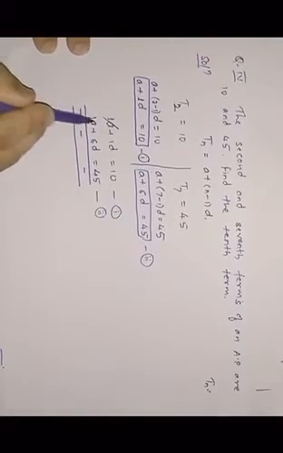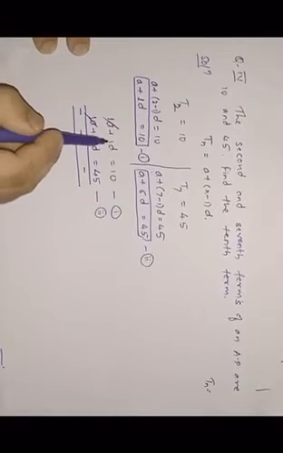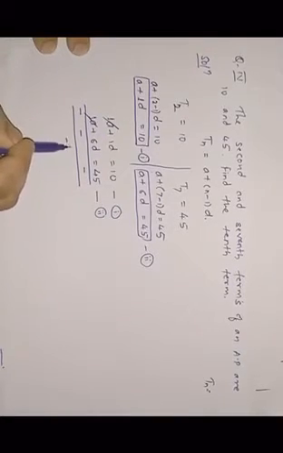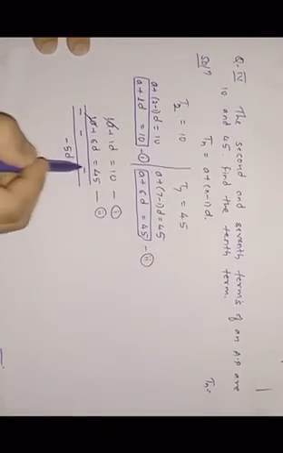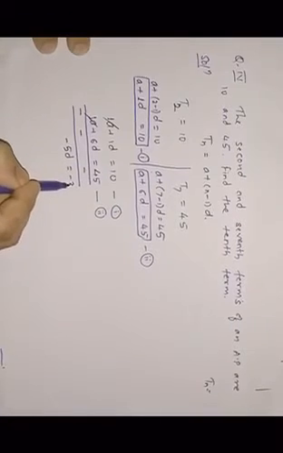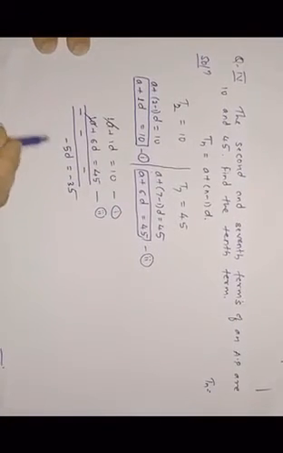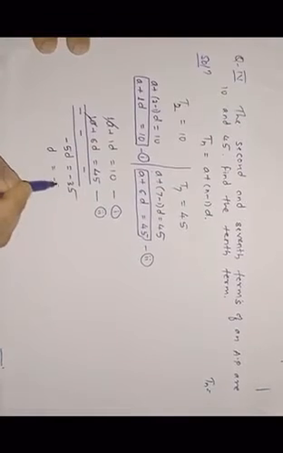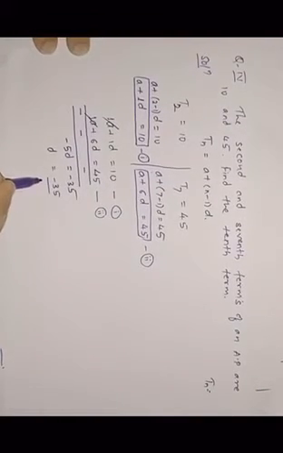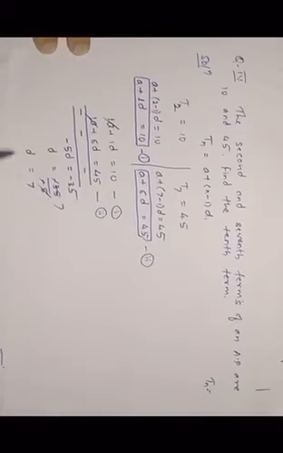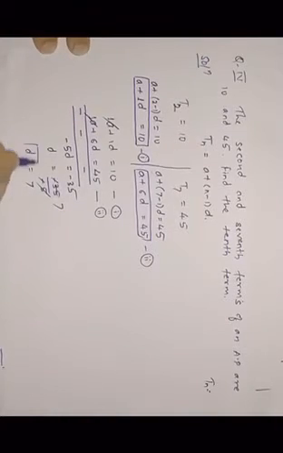So A minus A will cancel. 1 minus 6 gives you minus 5D. 10 minus 45 gives you minus 35. So what is D? D is equal to minus 35 divided by minus 5, because multiplication becomes division. So the minus will cancel, 5 7s are 35. So D is equal to 7. This is the first value which we have calculated, D.